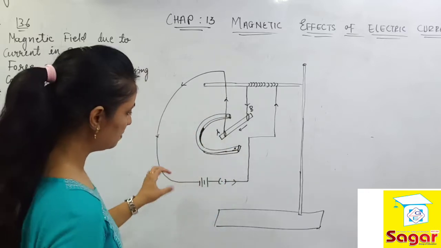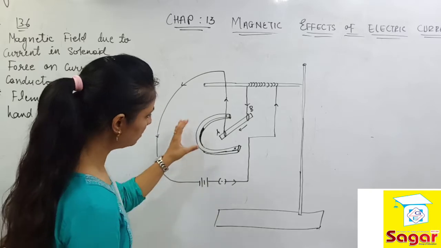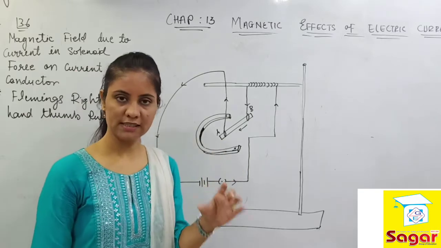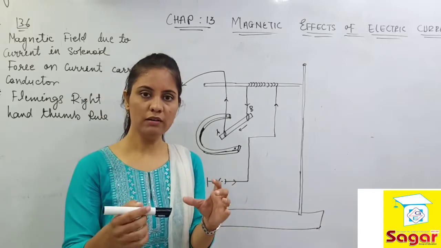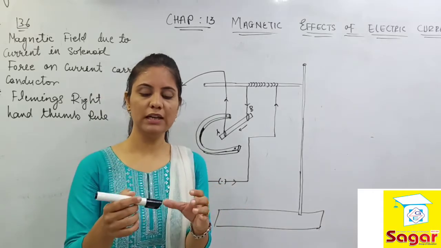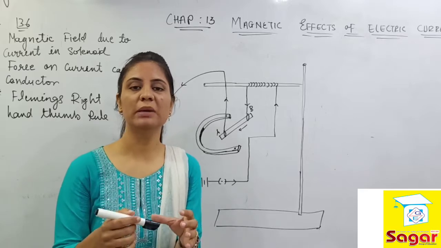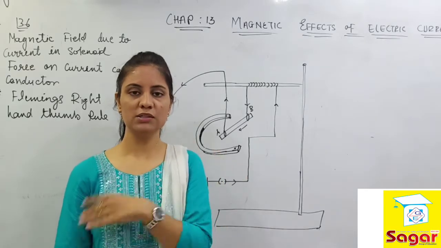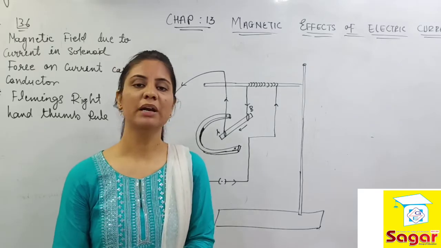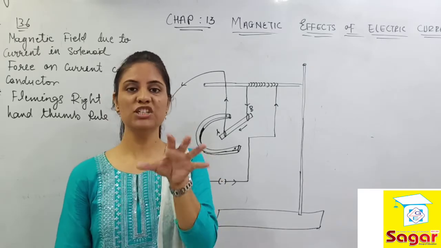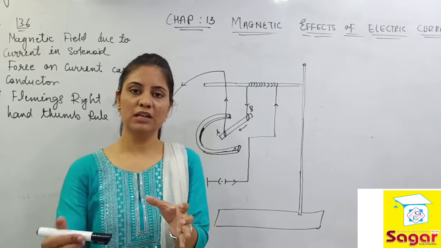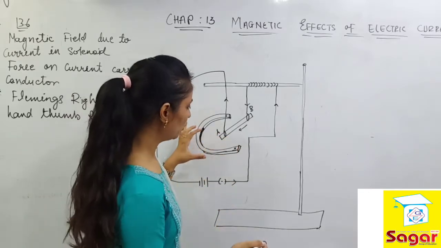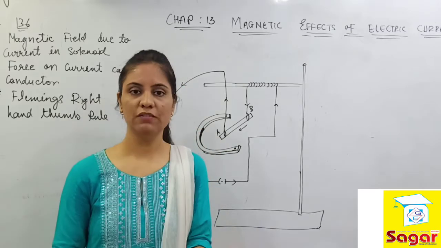It will also pass through this rod, and then complete the circuit. Here the U-shaped magnet is there. We keep the magnet in such a way that the aluminium rod comes in the vicinity of the magnetic field generated by the magnet. The U-shaped magnet is an original magnet, so it generates a magnetic field around it, and in the region of that magnetic field we are placing this rod in between. So what is the actual phenomenon, everyone?